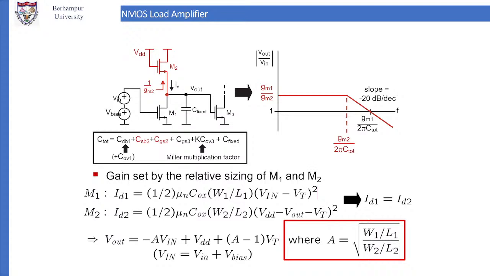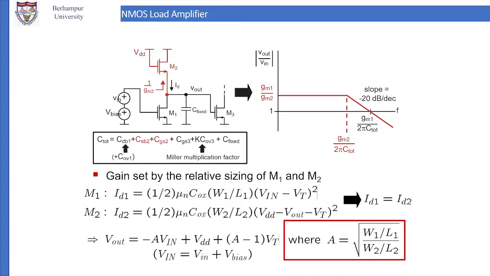W1 is equal to W2, L1 is equal to L2, those will be same. Then Vin minus VT, Vin is same as VDD minus Vout. So under that condition, ID1 is equal to ID2. ID1 is the current of transistor 1, ID2 is the current of transistor 2. If that happens, then Vout is equal to minus A Vin plus VDD plus (A minus 1) VT,